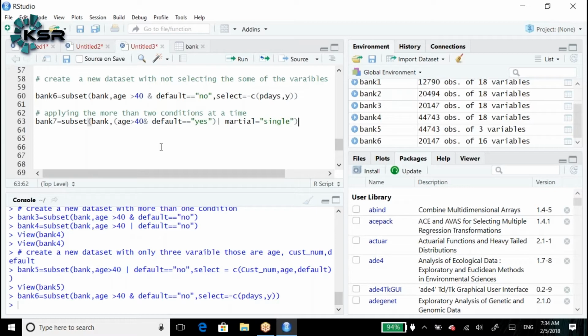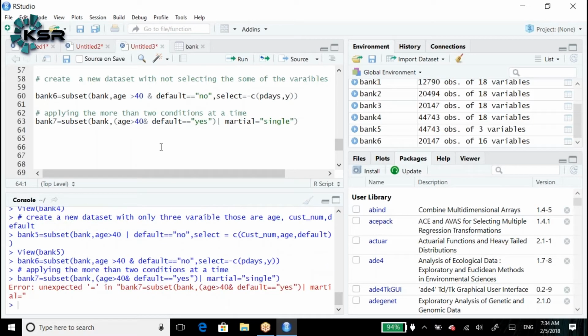This is the syntax. This is how we can write more than two conditions at a time, or vice versa. Clear? Let me run this one.